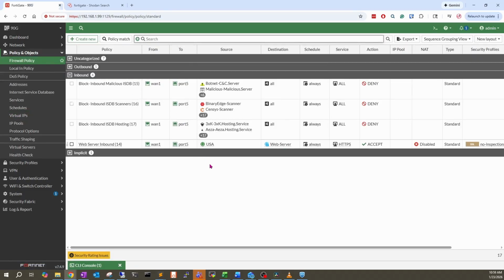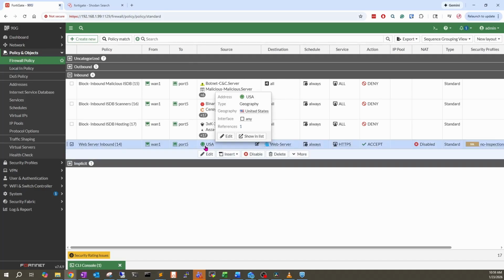So let's just say we know that people from the United States are going to be our users for this site. So we see here we have our allow rule that says, okay, from USA, IP addresses allow access to the web server. And a lot of people will think, okay, well, that's good. I'm only allowing USA IPs. I'm not going to have any like APT